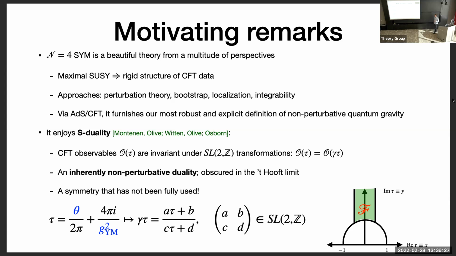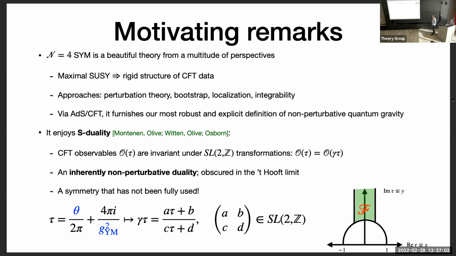But the important aspect of N=4 for this talk is that it enjoys S-duality. S-duality is a non-perturbative strong-weak coupling duality. So just to give some context, N=4 has a one complex dimensional superconformal manifold that preserves the N=4 supersymmetry. And a coordinate on that conformal manifold is the complexified coupling tau. Its real part is the topological theta angle of the gauge theory, and its imaginary part is 1 over the